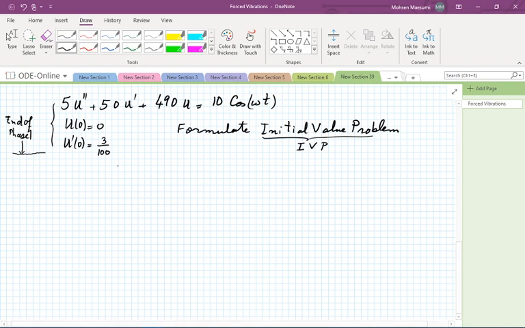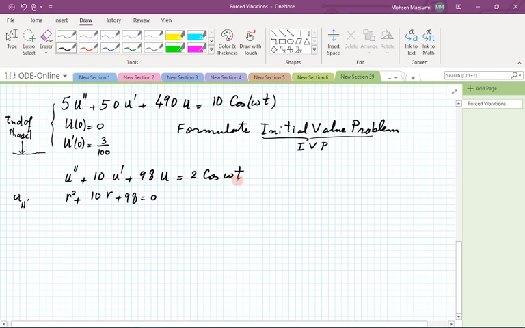Next, well, how do you handle this? This is complicated enough. Let's make our life as simple as we can. Divide by 5 so that the problem and the numbers are a tad bit more friendly. How do you handle that? Well, write the characteristic equation of it, because you want to get the homogeneous solution, you want to solve this without the cosine on the right-hand side. So you get r is equal to minus 10 plus or minus the square root of 10 squared minus 4 times